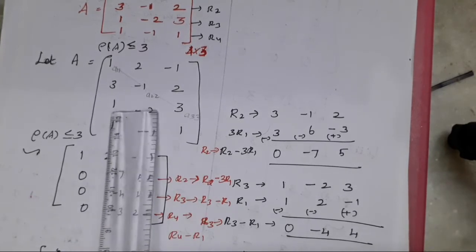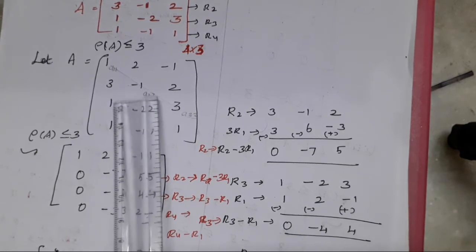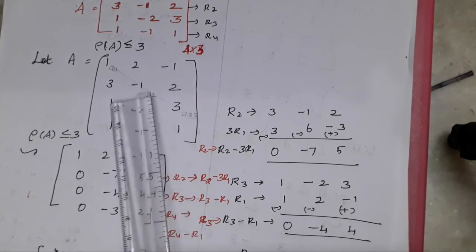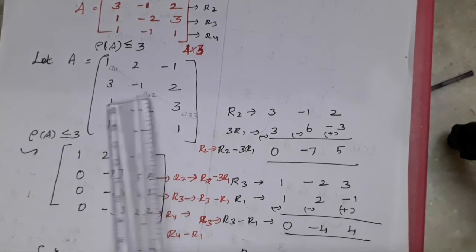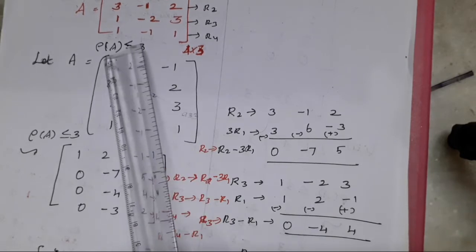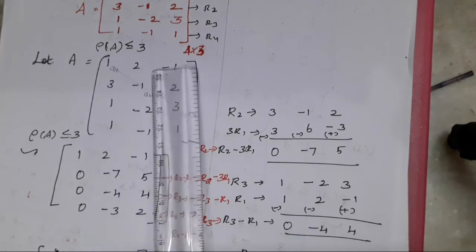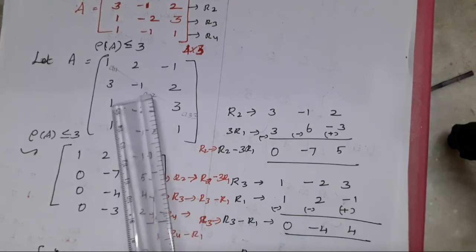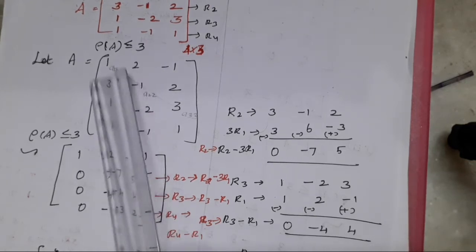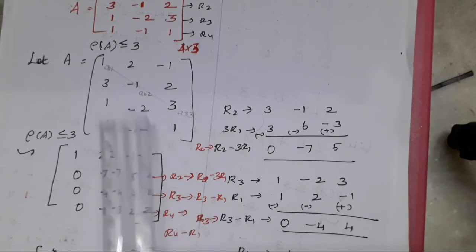Next we want this element to become 0: the third row, first element. What do we do? The 1 is subtracted by 1, so R3 minus R1. 1 minus 1 becomes 0. This is R3, this is R1. Directly we subtract, and we easily get this. We don't need to multiply by any number; when there is 3, we multiply with 3 and then subtract. Here the R3 first element is 1 and the R1 first element is 1. You subtract 1 minus 1, 0. So now R3 gives R3 minus R1. What is our R3?